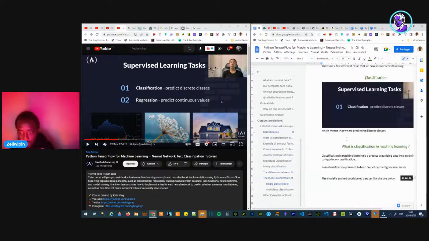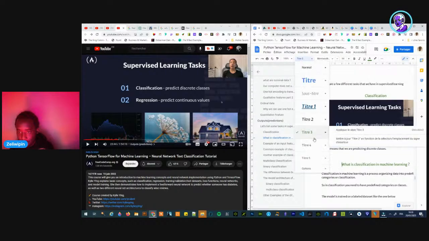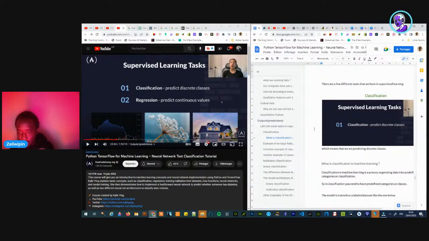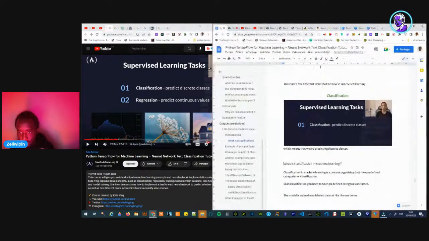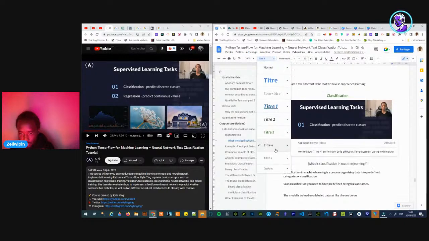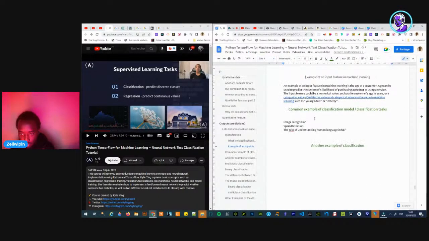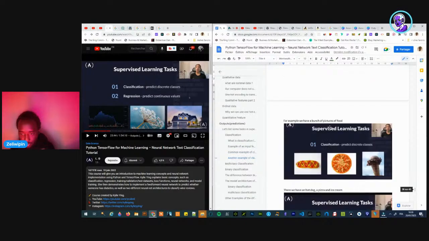Maybe classification should be a big topic, because I really think about how I structure my notes to make it clear when I come back to them. So maybe classification is a whole subchapter in outputs. Okay, classification. Boom. I will put all that in that category. And then we'll do regression.